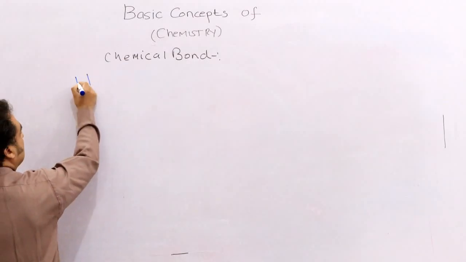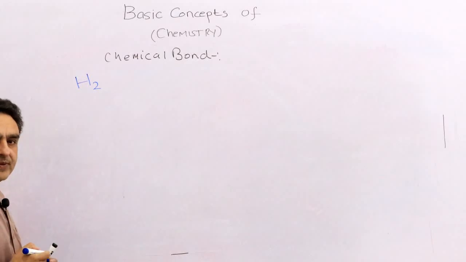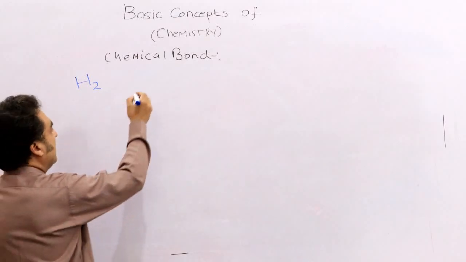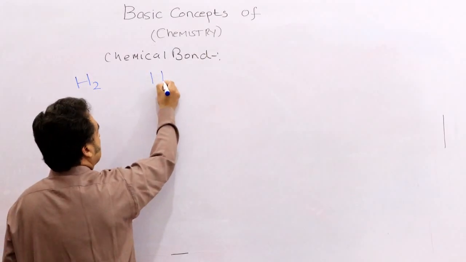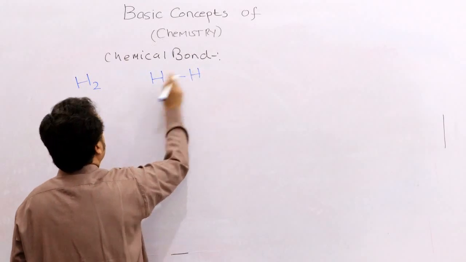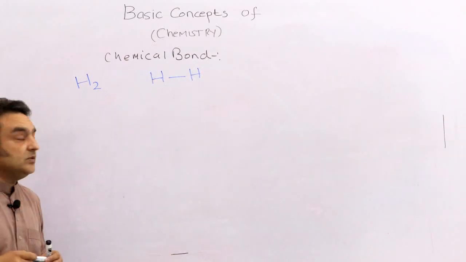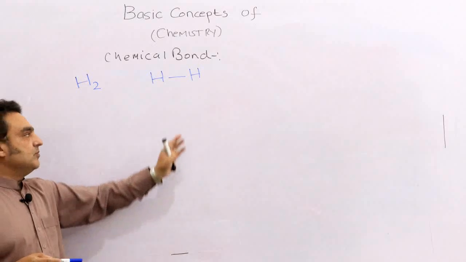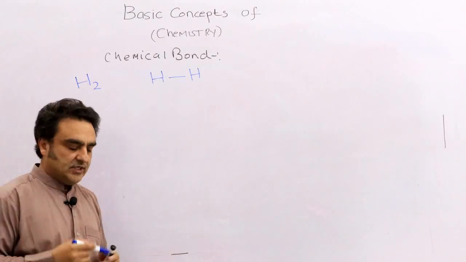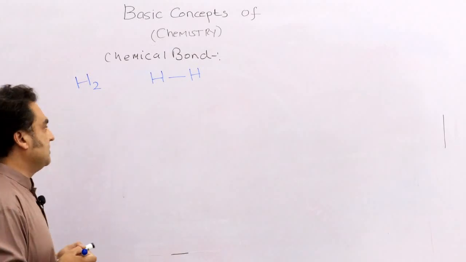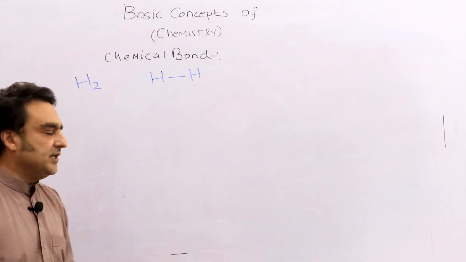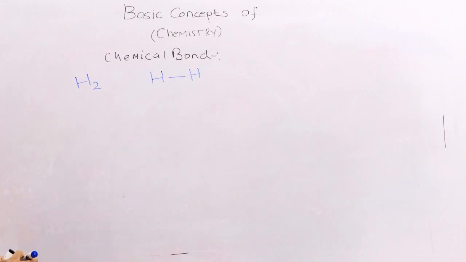The hydrogen molecule H2, how a chemical bond between hydrogen and hydrogen is produced. Hydrogen and hydrogen, this is a hydrogen molecule, and this bond is a covalent bond. One hydrogen atom is covalently bonded with the other hydrogen atom. So let's see